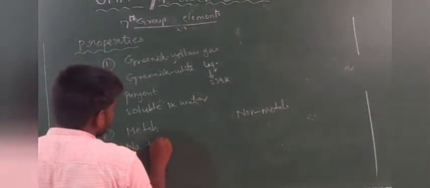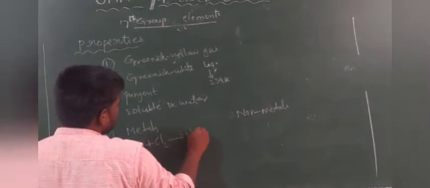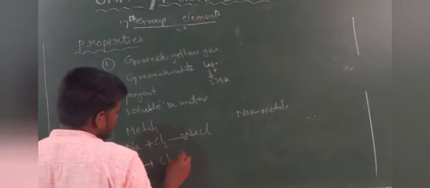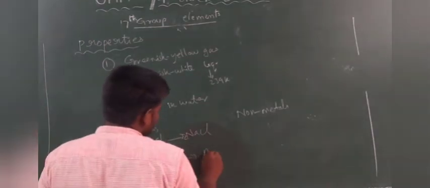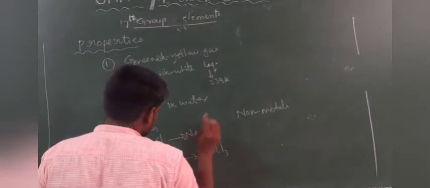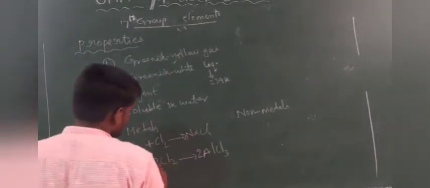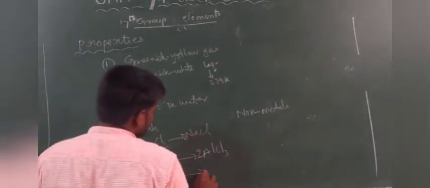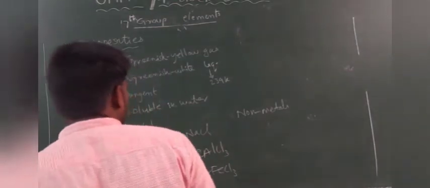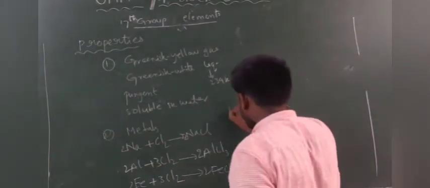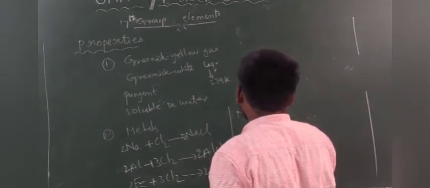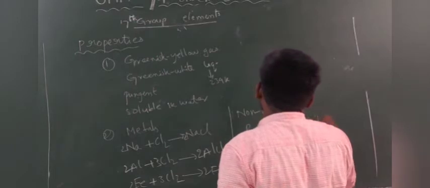So when Na reacts with the chlorine gas, this one can produce NaCl. And the next one, aluminum, when it is reacted with chlorine, this one gives AlCl3. And the next one, iron, when it is reacted with chlorine, this one gives 2 moles of FeCl3. Okay. And the next one, non-metals like phosphorus, and next one sulfur, they can react with chlorine and give here